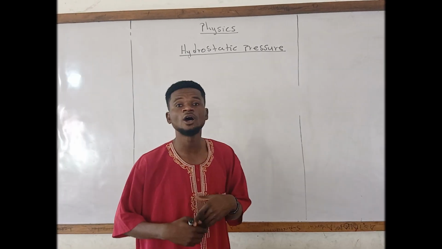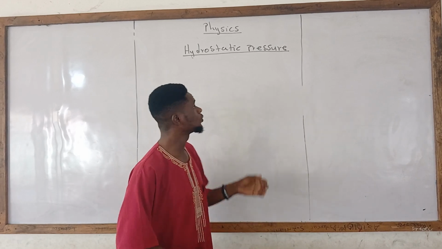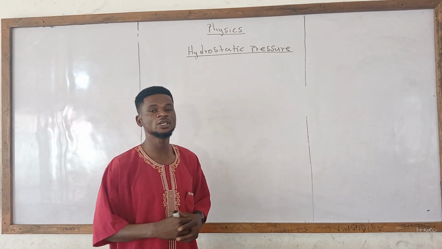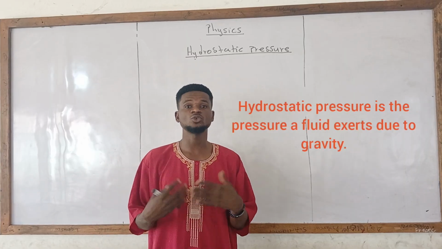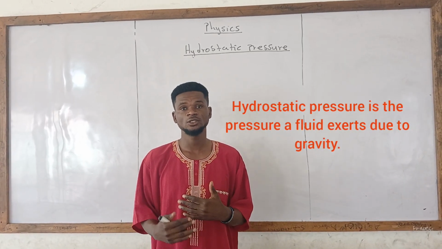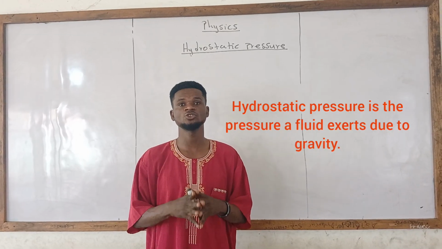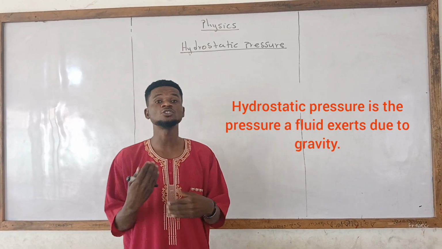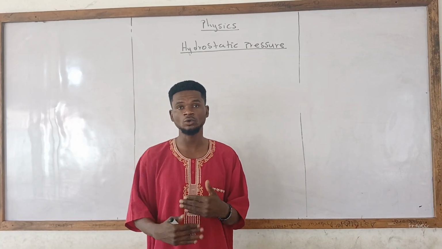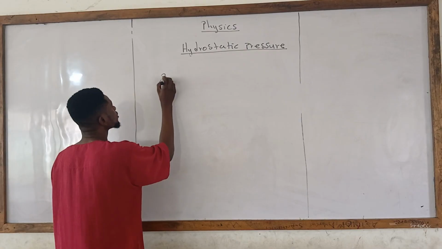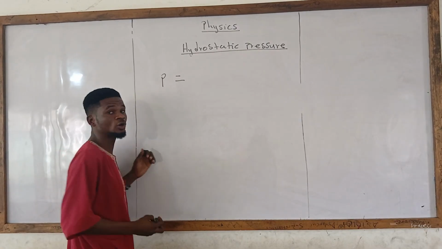Okay, I'll be teaching you something we call the hydrostatic pressure. In the hydrostatic pressure, we said when water is in a container, there is a force that is exerted on the container due to the pressure. So we are going to look at how to calculate the pressure in a container that contains either a fluid or a liquid substance. So here we said static pressure P is always equal to